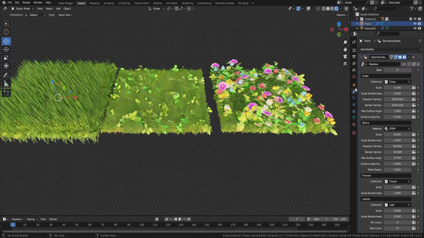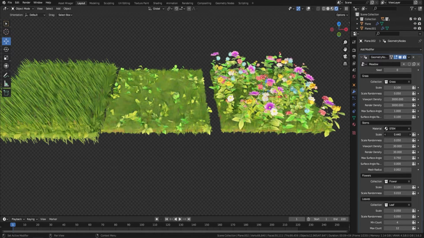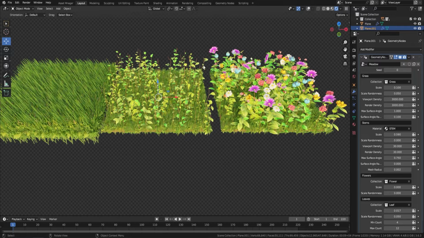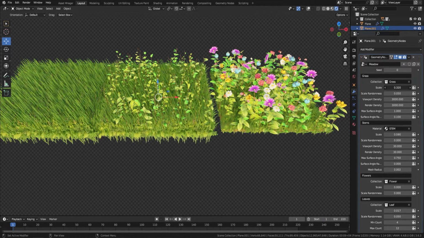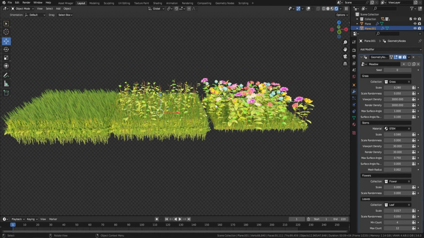scale up how tall the actual grass is and make it more random if you want to. With the flowers, for instance, you can come in and scale up the stems, making the flowers much taller if you want to, and the same with the actual stems on these ones as well. So you can have a meadow pretty much any way that you actually want. So you can have something like this, and you can see just how quickly it generates each of these